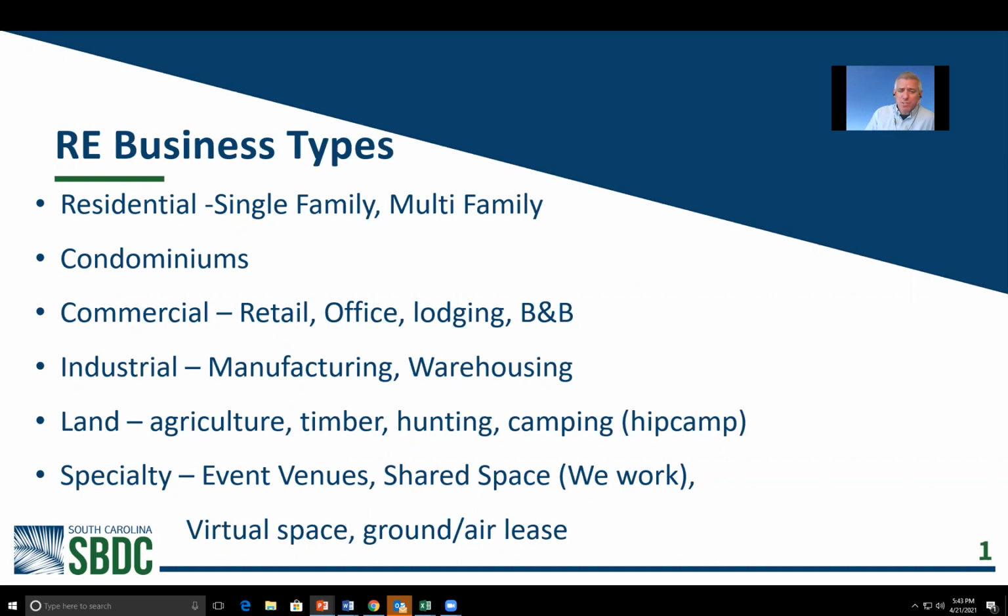I think a lot of people, when you think about it, what comes to mind first is just that residential type of rental property. Condominiums included in that as well. But there's also commercial real estate, which I mentioned. And honestly, today, this conversation is going to be about residential investment, because you can go down a whole other